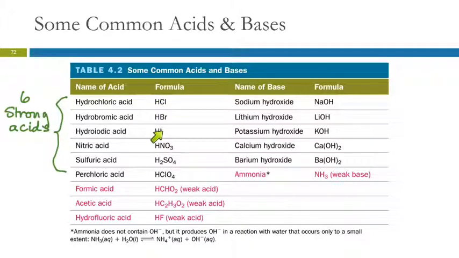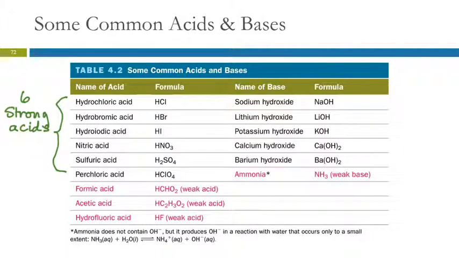So those are the binary acids. Those are all strong acids. And then nitric, sulfuric, perchloric, I don't have a trick for that. You just have to remember it. The good thing is you memorize the 6 strong acids. Every other acid is a weak acid. So then you can identify strong acid versus weak acid, because if it's not one of the 6, then it's